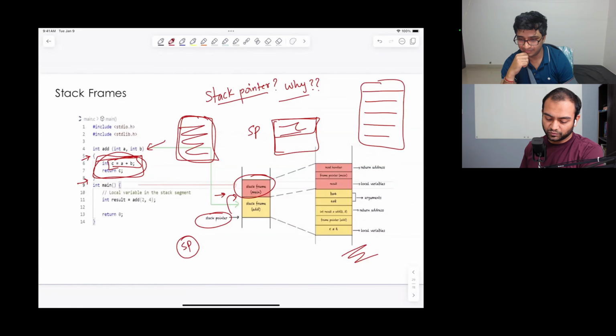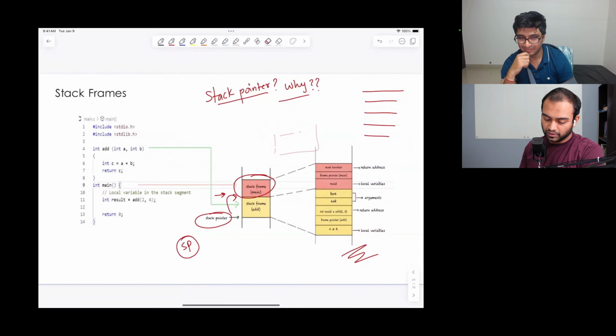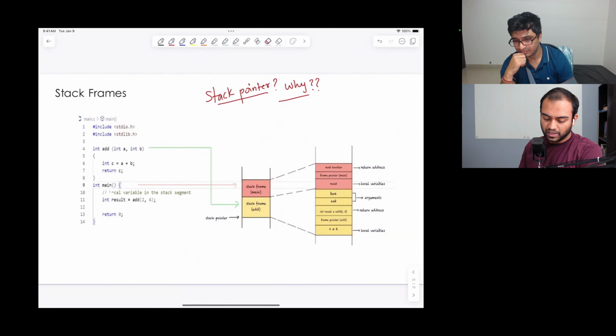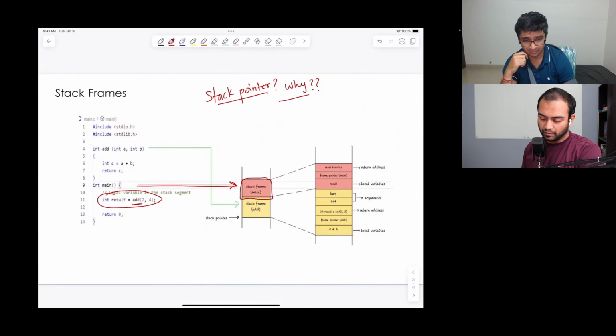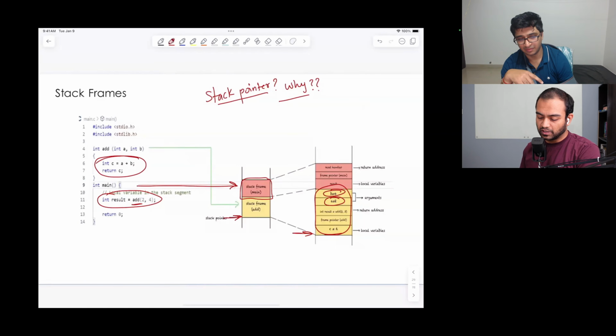So in this case, let me just get rid of a lot of scribbling here. What you wanted to highlight is the main function, when it calls the add function. The main stack frame is available here, and when it calls the add function, with B and A, a new stack frame is added for the add function, and the stack pointer is moved up, which is here, and all the local variables are available here. And while it returns the C value, which is available here,